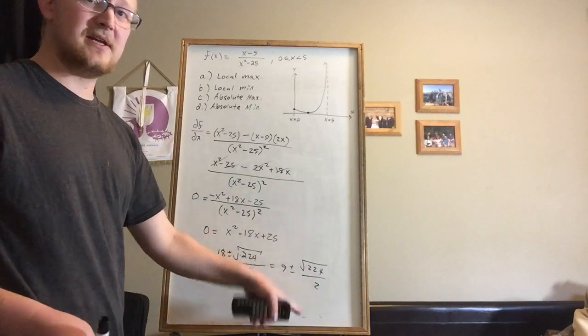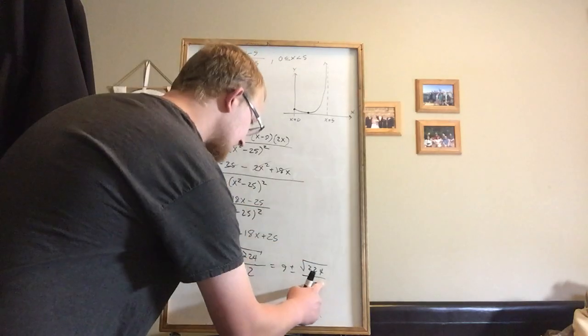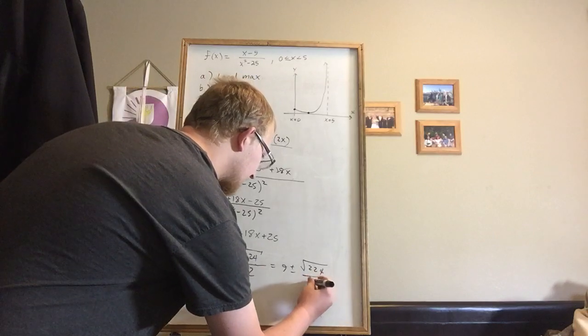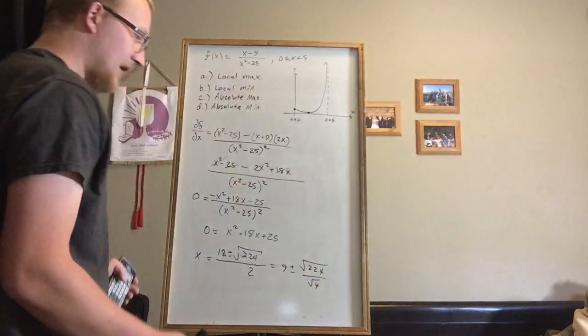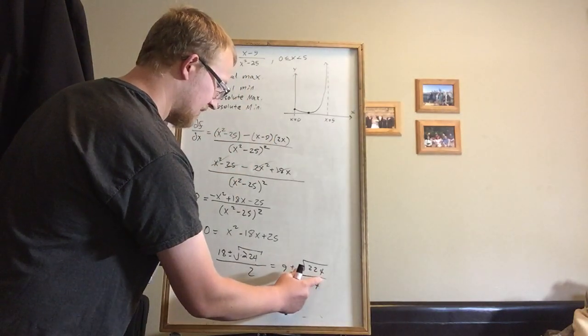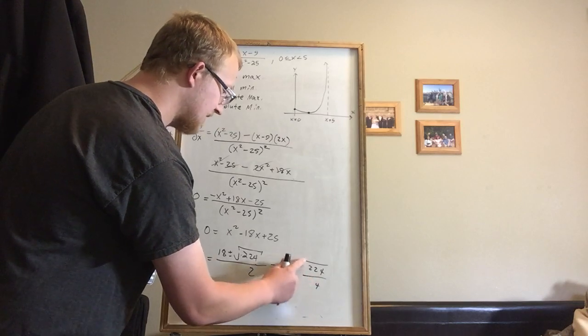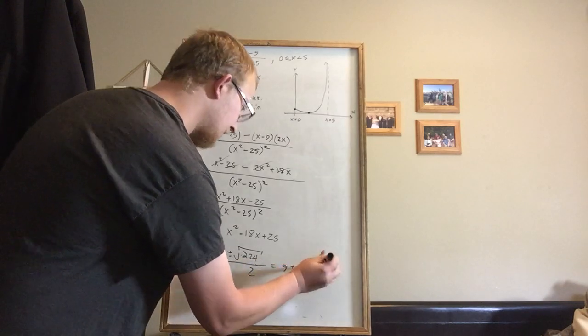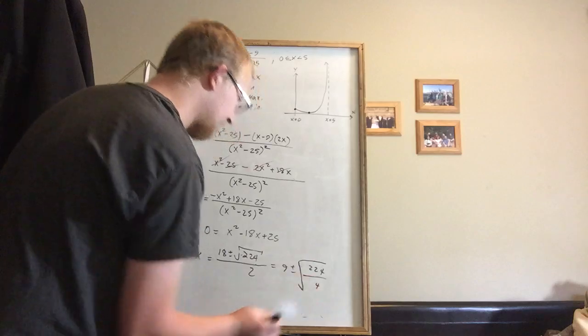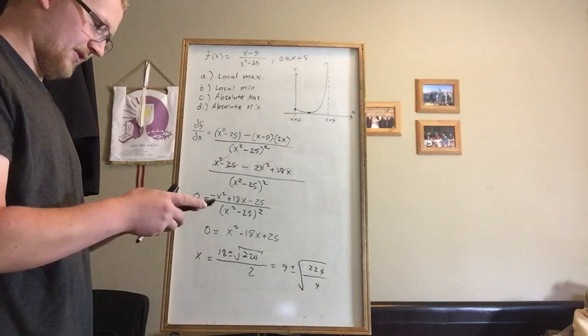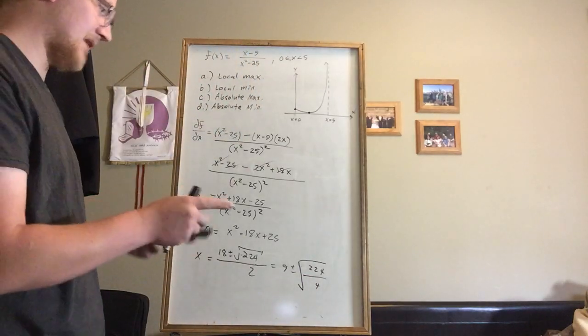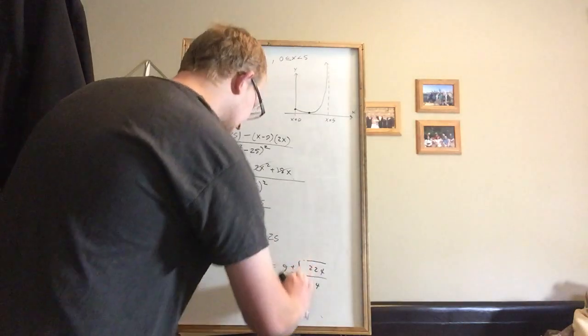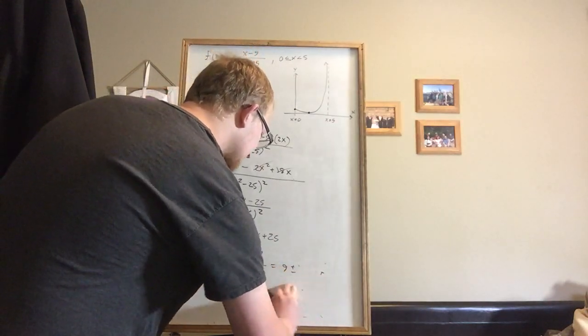So 2 is equal to the square root of 4, so I can substitute square root of 4 for 2. And then another rule of divided roots or multiplied roots is that we can actually put them under the same root. So 224 divided by 4 comes out nice and even to square root 56. So 9 plus or minus